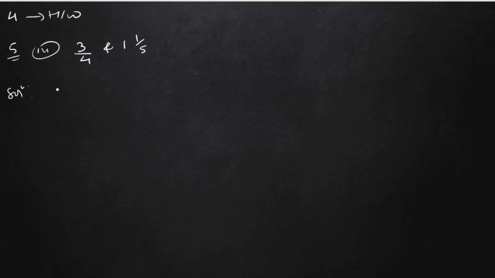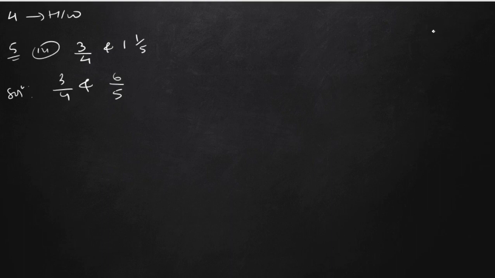So 3 by 4 and 5 1 by 5. How can we solve this? So 3 by 4, and you have to convert this one. So 5 times 5 is 25, 25 plus 1 is 26, so 26 by 5. So we need to find two rational numbers between 3 by 4 and the other number. So which one is greater? You have to first think of it. Is 3 by 4 greater or is the other greater? First you need to know that. Okay, so easily you can solve this.